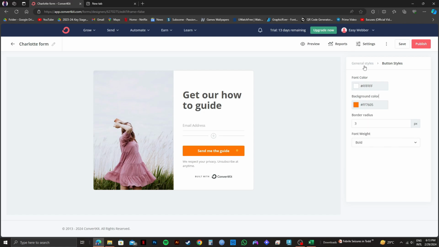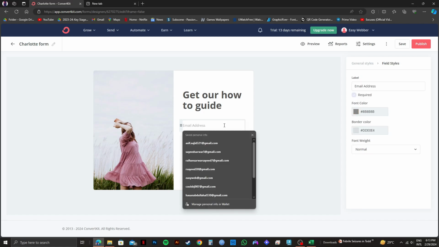So just go through all the options and customize your new form however you like, and then you can click on Save or Publish on the top right. So that is exactly how you can create a new form on